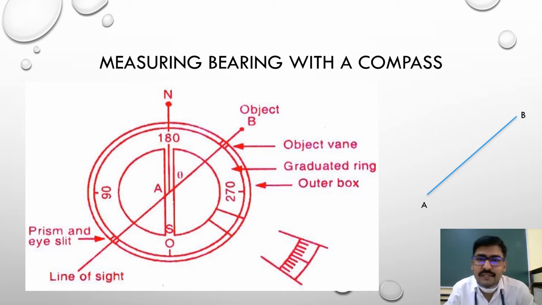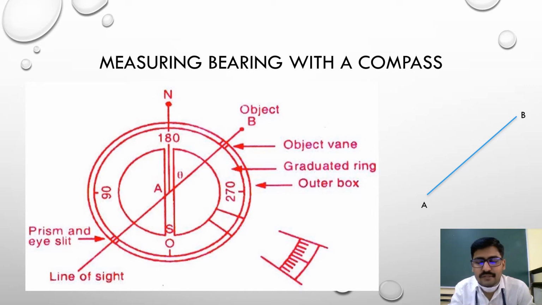Then you are supposed to level the compass. Check once you rotate the compass and see whether the needle also rotates with the compass. If it is moving along with the compass, then that means the compass is not leveled. So you need to move the compass slightly on a horizontal plane, so that the compass becomes perfectly leveled, and when you rotate the compass, the needle should not rotate along with it. Then you are supposed to check the focusing of the prism by moving the prism up or down. You should suit your eyesight and make the graduations clear and distinct.